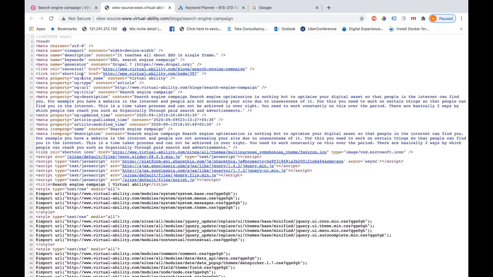If I do the view source, you will be able to see some meta keyword and description added here. Right now, as per the search engine philosophy, the keywords have very little significance in order to rank your site, so the description part is still important. So you need to choose the right keyword here so that you will be searched on the internet easily.